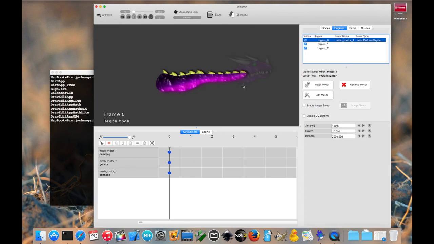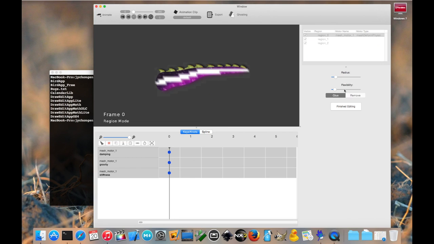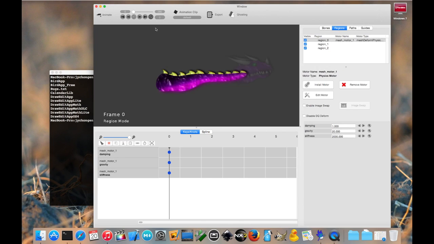Now, there are lots of parameters to tweak in this motor. Let's go back to Edit Motor. There's this thing called flexibility. What's that? Well, it does exactly what its name suggests. If I increase the flexibility and play it again,